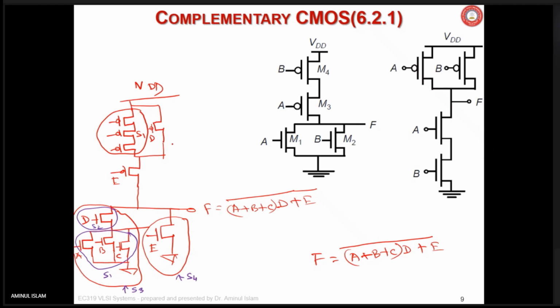Sir, it does not matter where we put E in series, right? Yes, it matters. See, I have put D here and E here. You know why? I could make otherwise also. I could put this ABC here, but I didn't do it. Suppose if you do this circuit in that way, then I'll be giving you 0 marks out of 10 possibly.